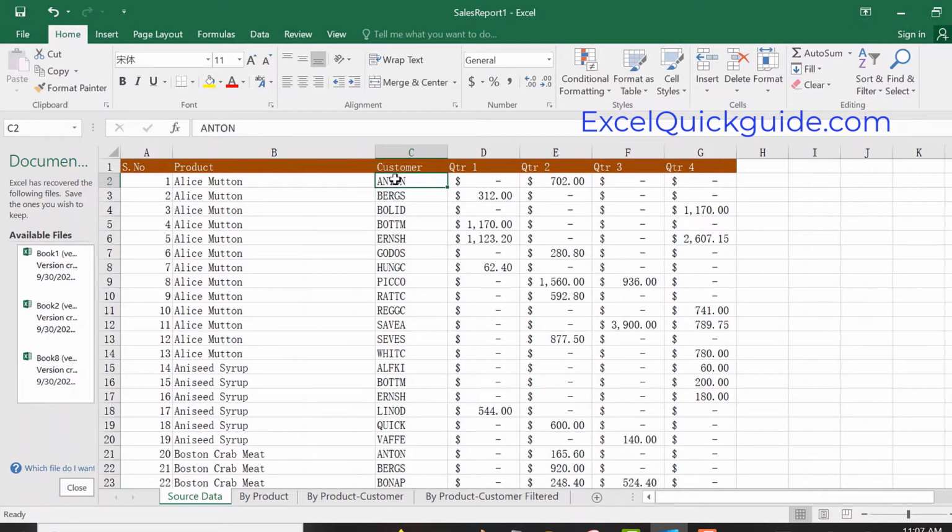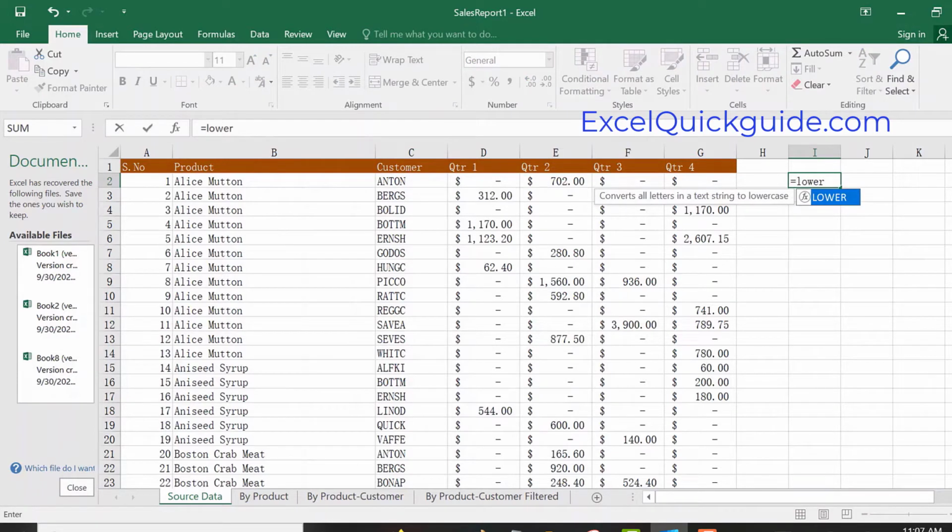So for that, what you need to do is go to the adjoining column like this, press equal to, and enter the keyword lower. The moment you enter the keyword, there will be a suggestion there, but we don't need to use that. Just enter lower and open the parenthesis. After which, go to the first name, Anton, close the parenthesis, and click enter. So now you got Anton